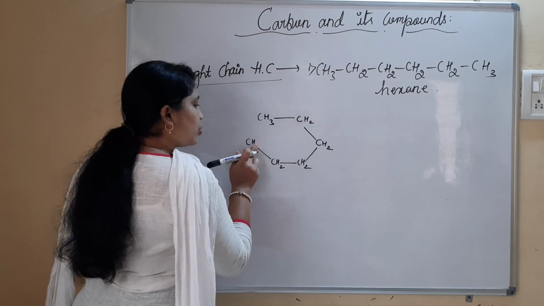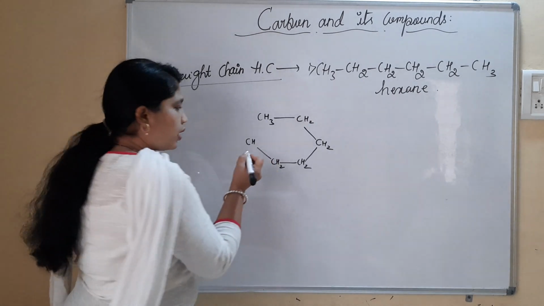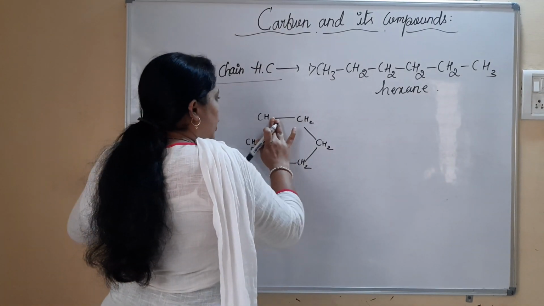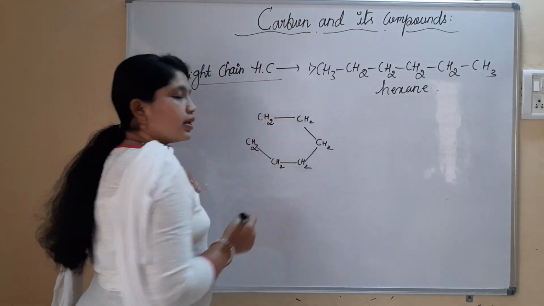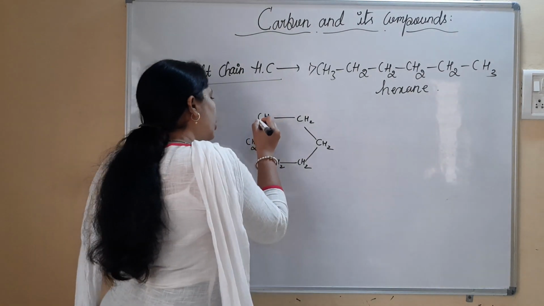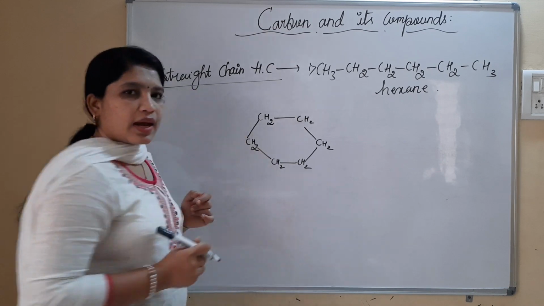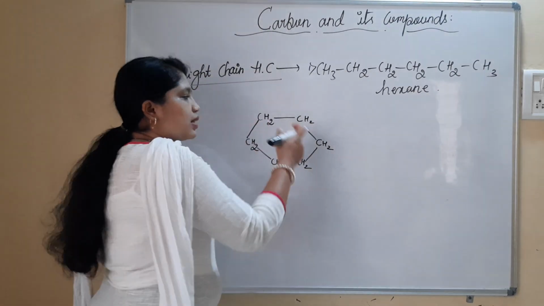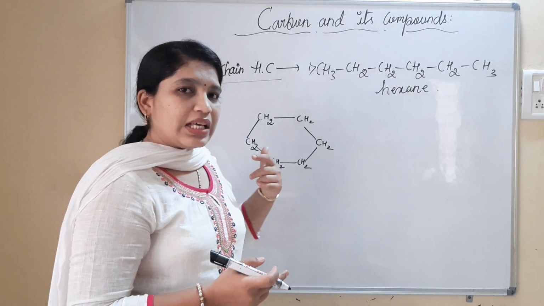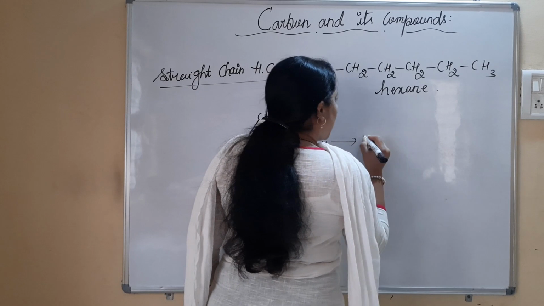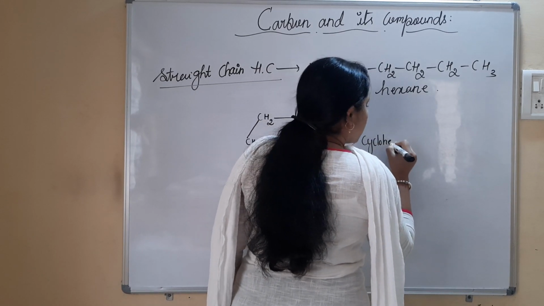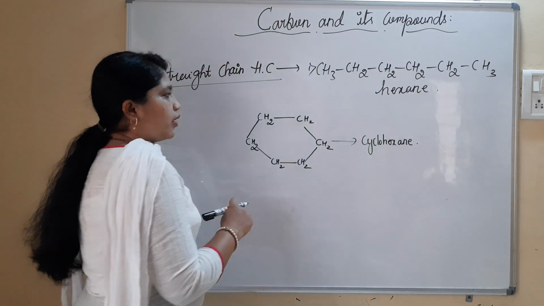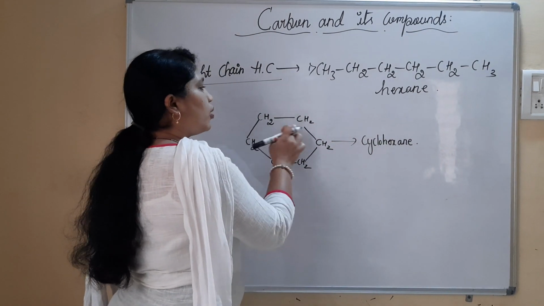I have to replace one of the hydrogens. CH3 was there, now it is CH2. Correct? Similarly, what do I have here? CH3. Now I will make it CH2. Why? I need to put one bond between these two carbon atoms, which indicates a cyclic hydrocarbon. As a cyclic structure is being written here, it is going to be referred to as cyclohexane. We can call it cyclohexane, right? So we can even replace one more hydrogen atom.